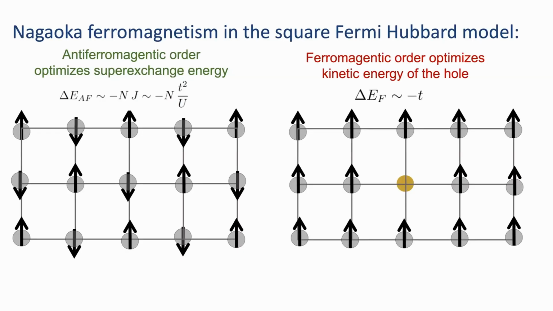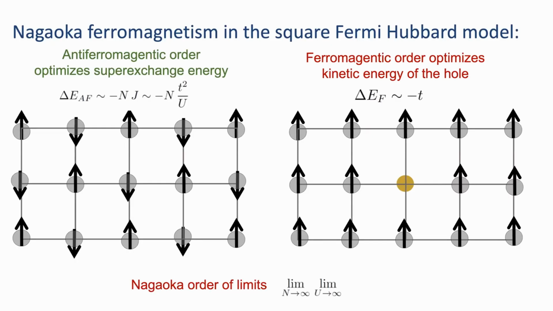And then Nagaoka said, well, now let us consider a situation when we introduce one hole and ask what is the optimal spin configuration for the hole to propagate. You can show that one particle propagates most efficiently if all the spins are pointing the same way. If a hole propagates on different trajectories, there can be constructive interference and the hole gets the lowest kinetic energy. And then more or less, Nagaoka played a trick.